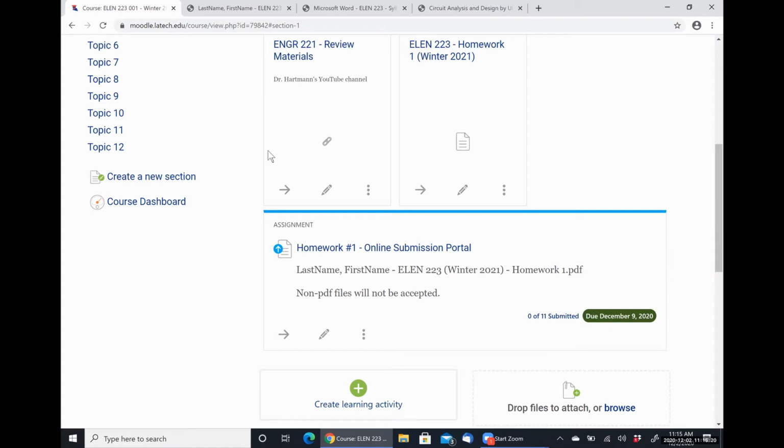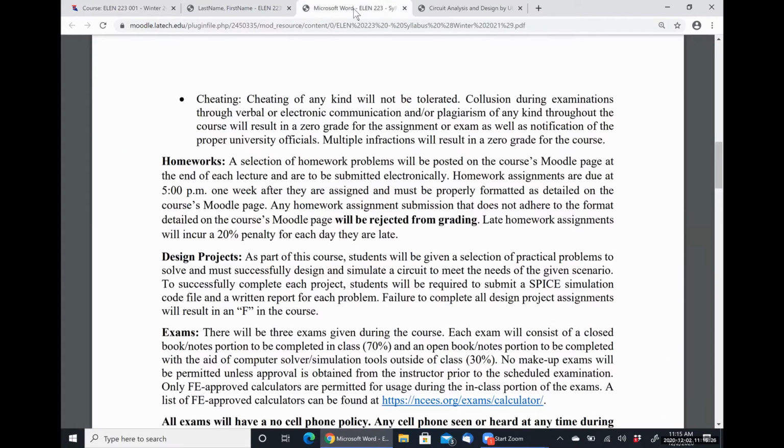All right. Let's circle back around to the syllabus. Here we go. All right, so homework assignments are due at 5 p.m. 1 week after they are assigned. All of your homework assignments are to be submitted electronically. Do not bring me a paper assignment. I will put it in the trash can. They're due at